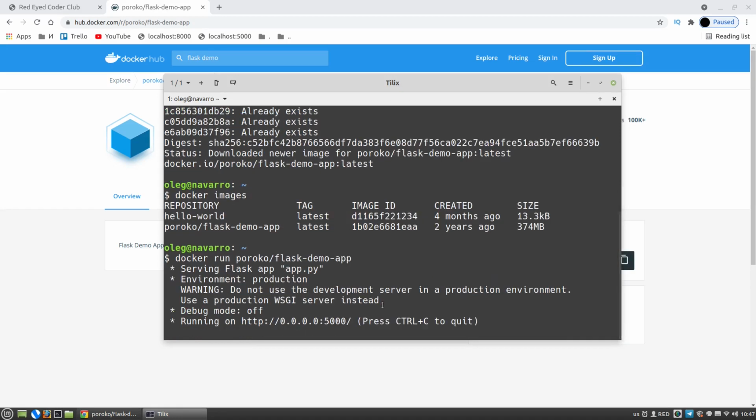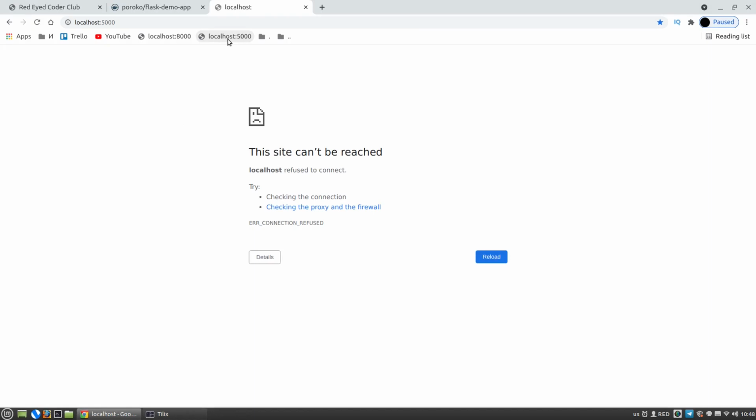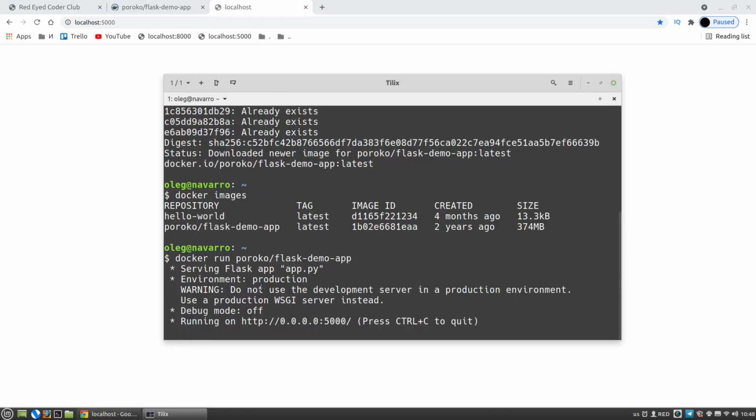And we can see that this Flask app uses the default port number 5000. Let's open it in the browser. I will use the link to localhost port 5000 and we can see that the server is not running. Actually, the server is running, but it's running inside the Docker container. We have to forward the port inside the Docker container to a port on the host machine, on your main local machine. And we have to match the ports.